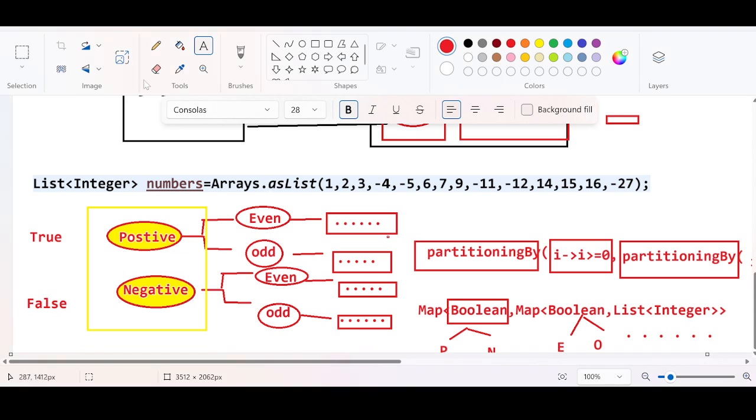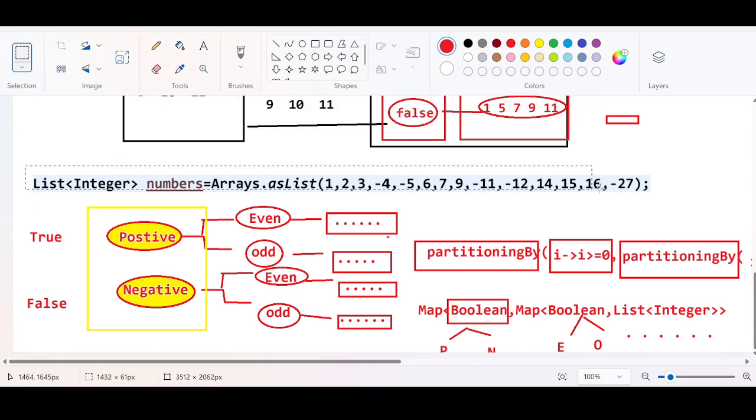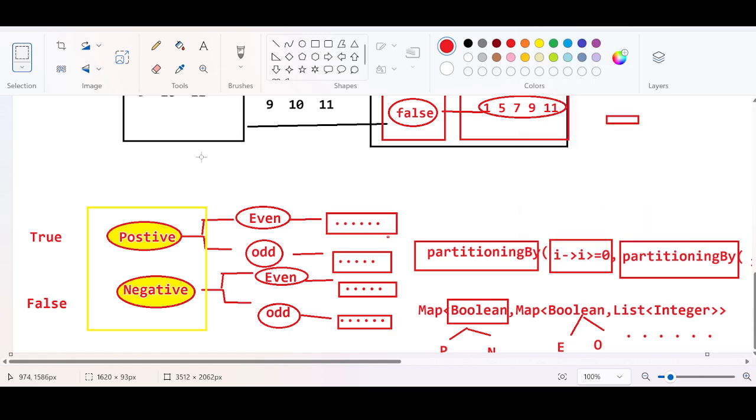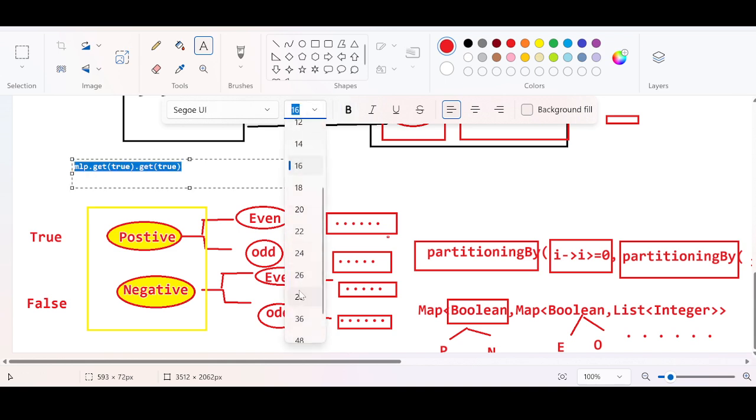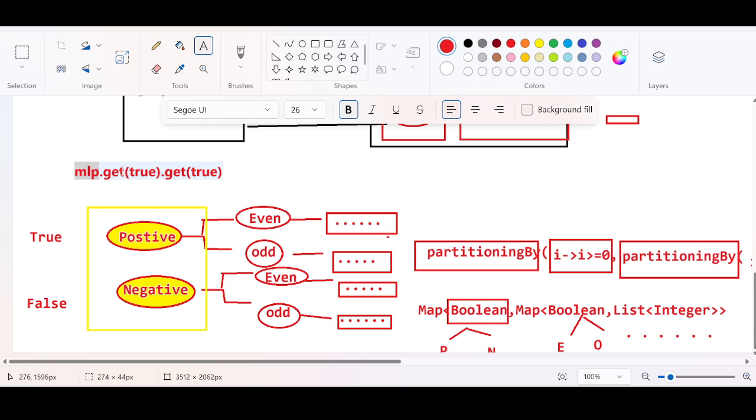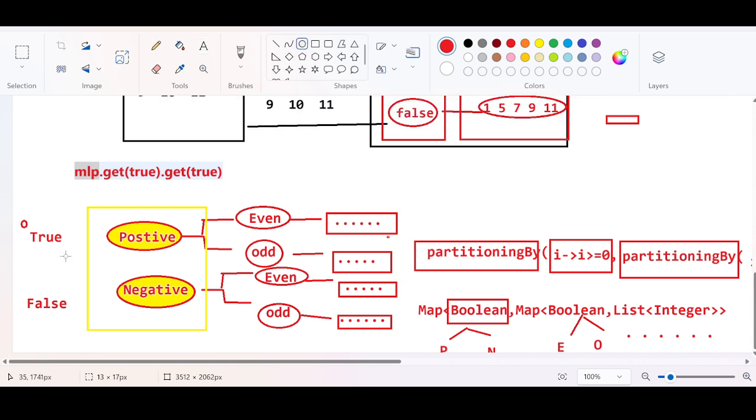Let me copy this code, put it here, and run this. So what you're doing here is calling true. The get method is calling the value true. The focus will be here, true, right? And again, inside the true, you are chaining the get with an object. You are calling true, which is positive. So the control goes to true, then it goes to positive, and control goes to even. All the values under the even will be displayed,